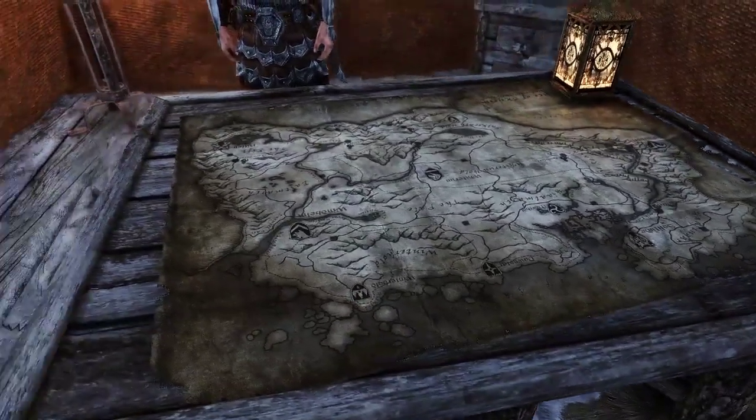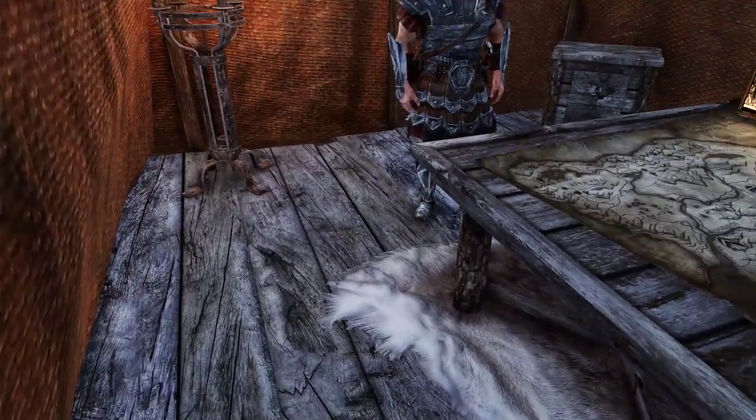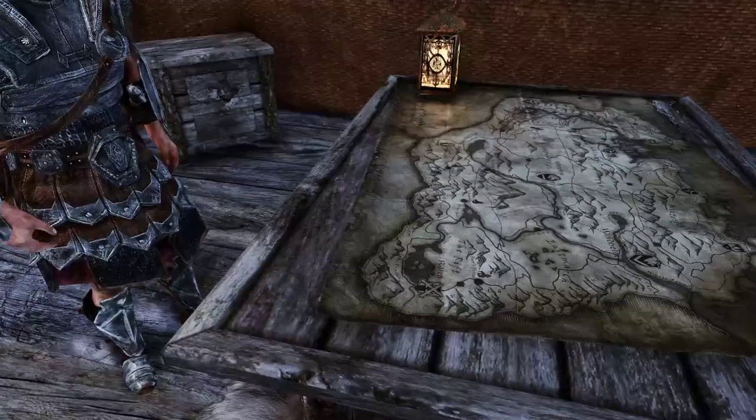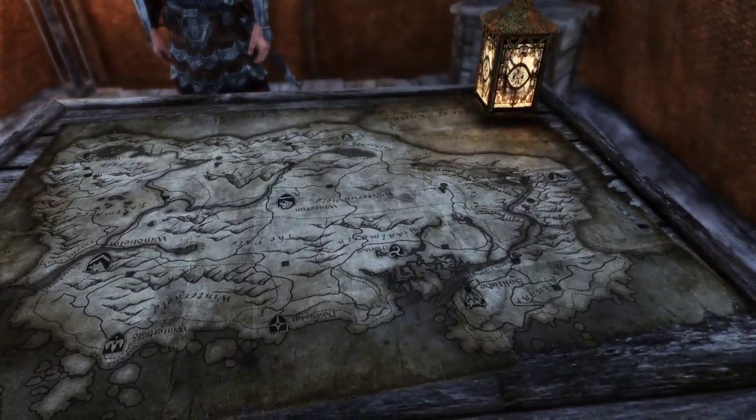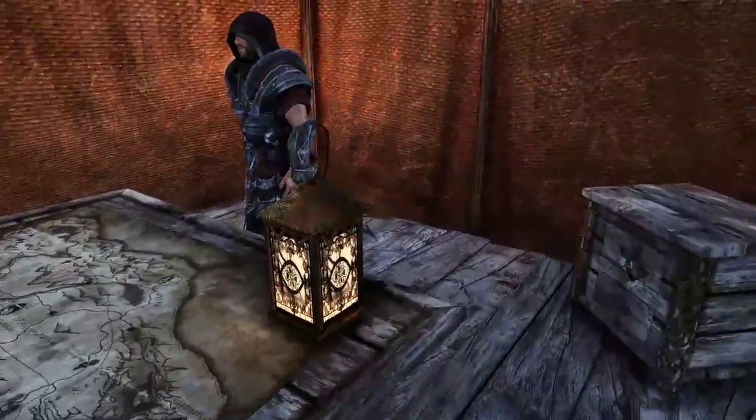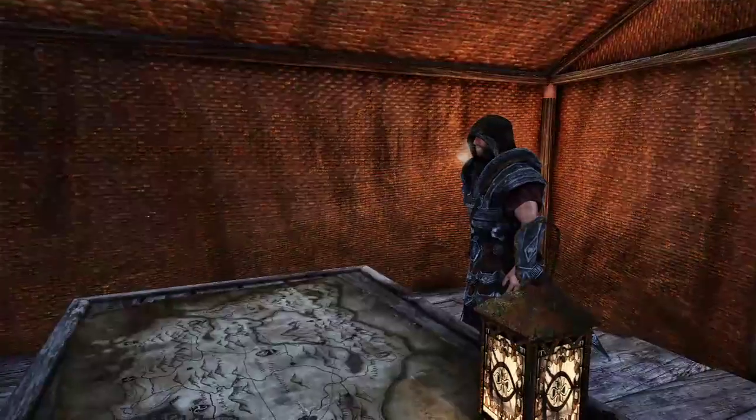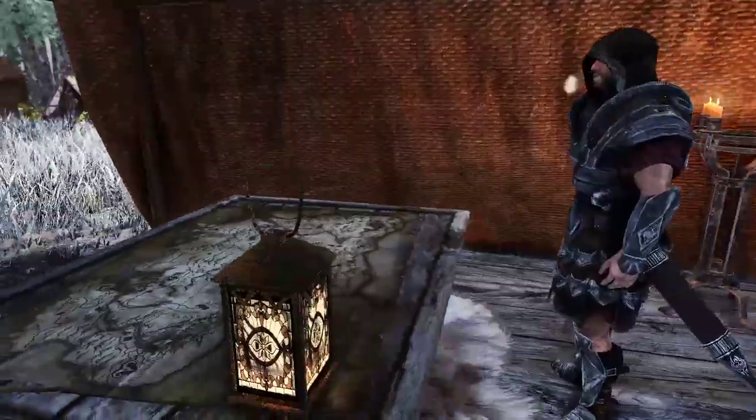So you can see here a couple of things going on. You have the wood textures, right? You've got the map, pretty lantern replacers,